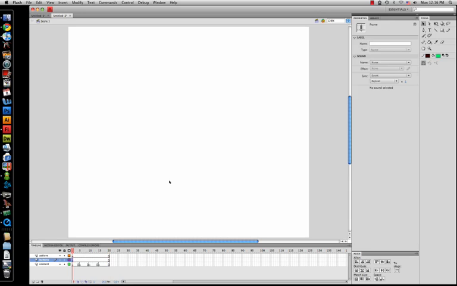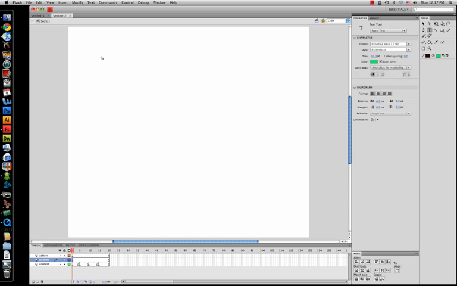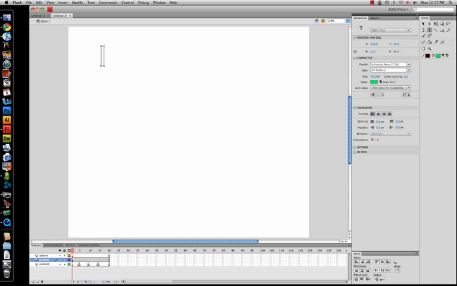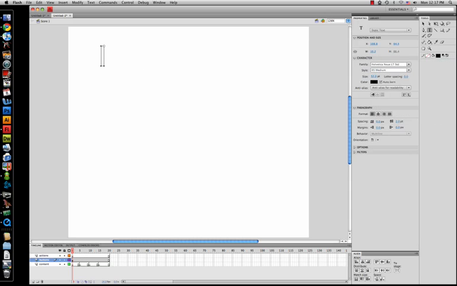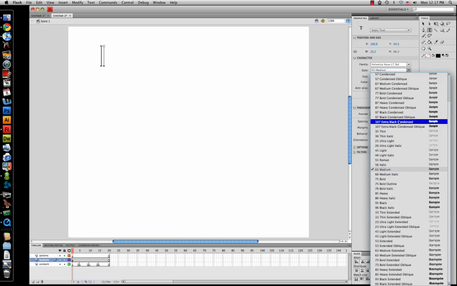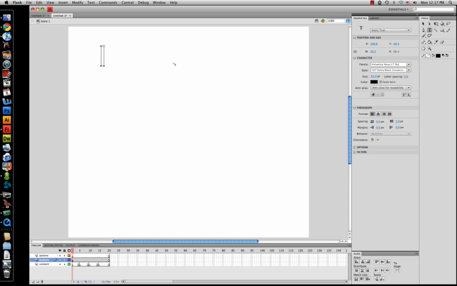Now in the buttons layer at frame 1, we're going to select our type tool and type. On your buttons layer, these are going to be your buttons, so you're going to type the buttons that you want. So for the sake of doing this, I'm going to do